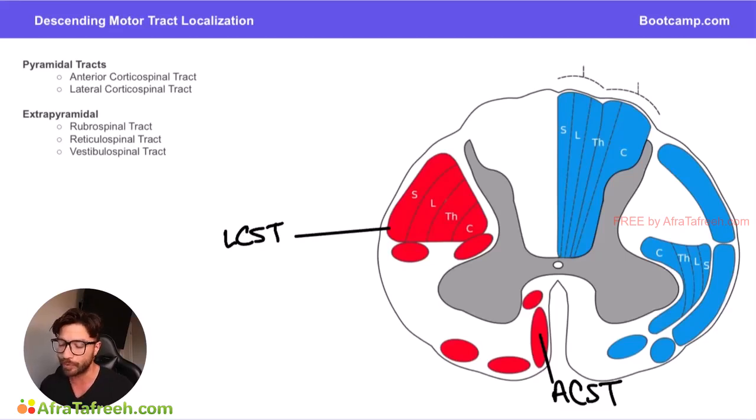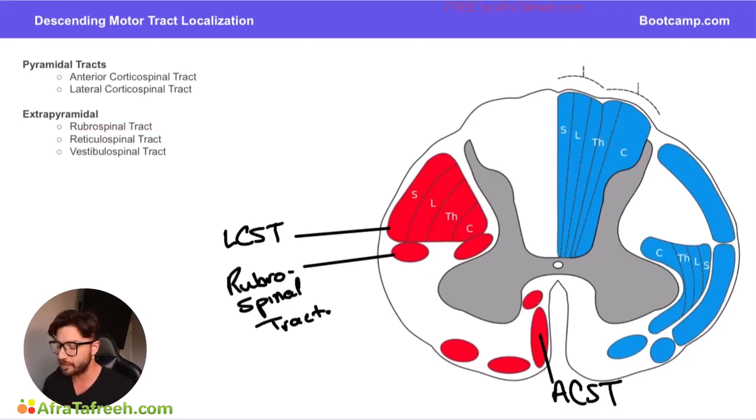So looking at the rubrospinal, as we talk about it more in future videos, you'll come to realize that this travels with the lateral corticospinal. Just think of them as holding hands and walking together. And this is going to be found right here. So this structure found just on the anterior aspect of our lateral corticospinal tract, this is going to be our rubrospinal tract. And then on the anterior aspect of that, this is where we're going to find our lateral